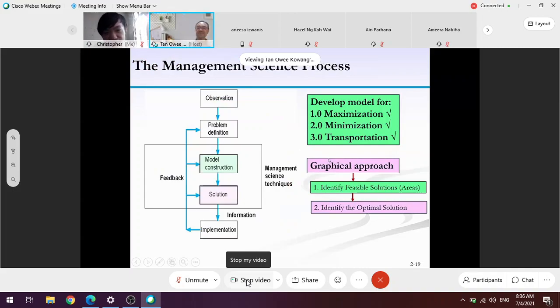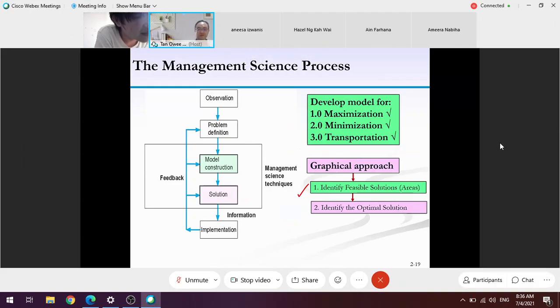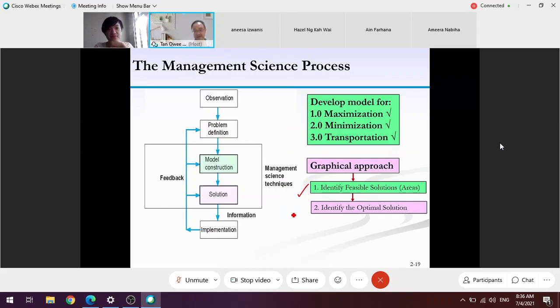Okay. So the theory of the concept of linear programming, I think you follow the slide better. The slide is saying that now you have done the first step. You already identified the feasible solution area. So the next thing you need to do is to identify the optimum solution based on the feasible area that you have identified. There are two methods. One is called the coordinate method, and one is called the point method. We will start with the coordinate method first, then only we talk about the point method.